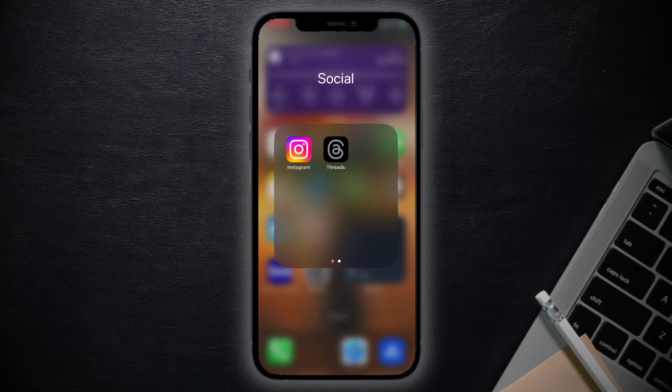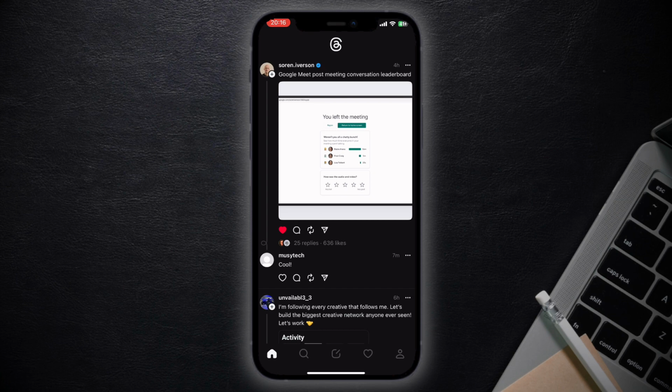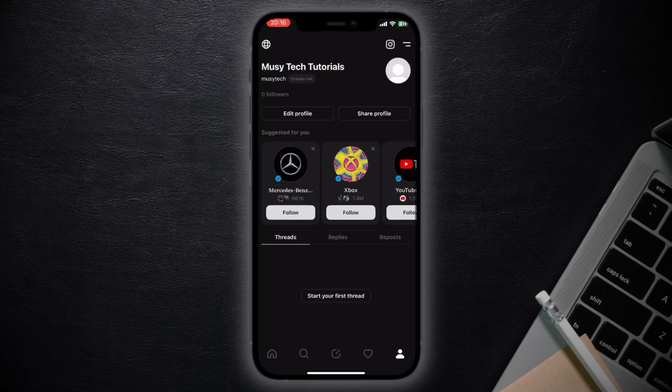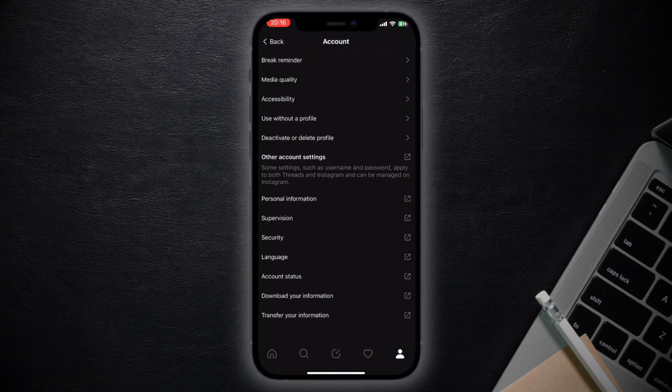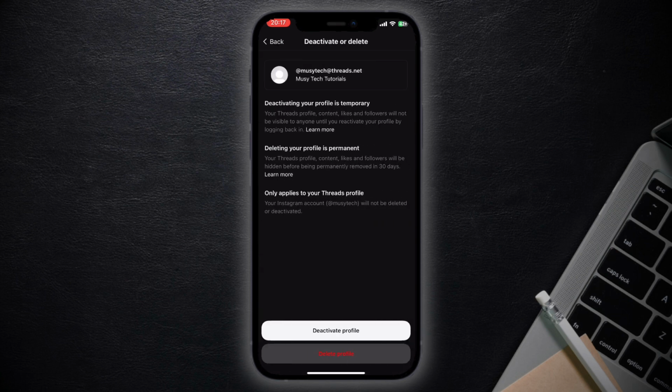Now head over to your Threads app and click on your profile in the bottom right corner. Now click on the two lines in the top right corner and hit account. Now click the fifth option, which is deactivate or delete profile. And now you're met with two options, the option to deactivate your profile, which is temporary, and the option to